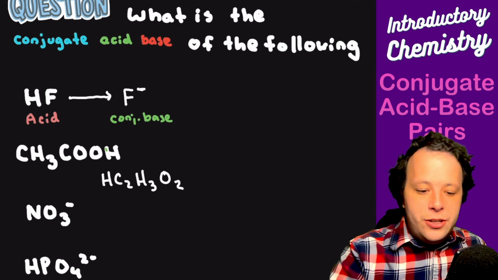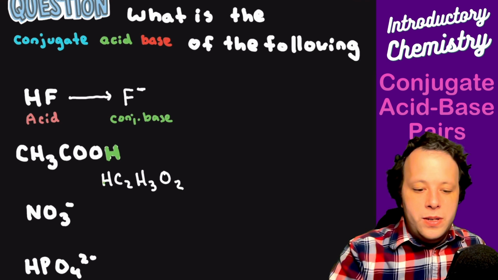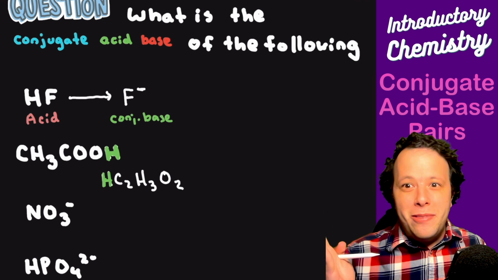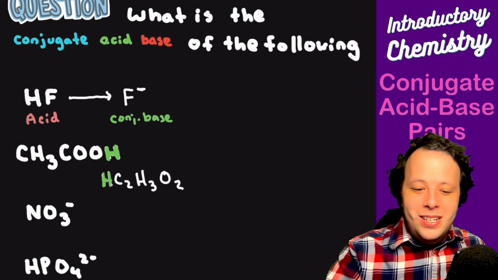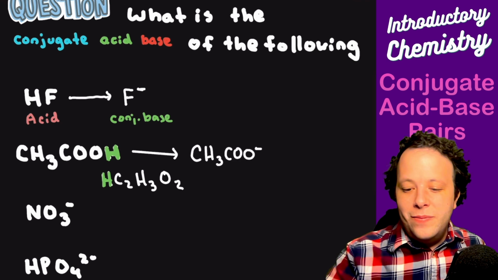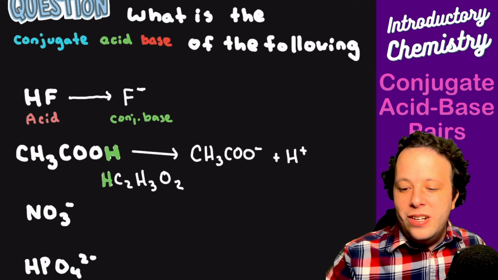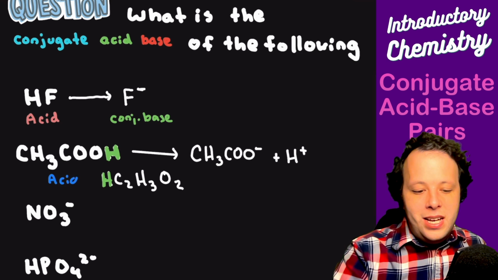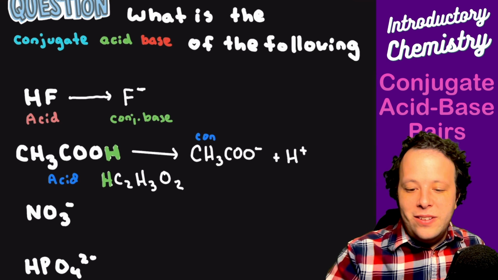The acidic hydrogen is the one all the way on the end over here, whereas the acidic hydrogen is written on the left-hand side. So we have essentially the Chem 3A version on the bottom and the Chem 3B or organic version on top. When this breaks down, we're going to have our acetate ion as one structure, and then you're going to have your hydrogen ion. So we have our acid, and then our conjugate base on the other side. So that is our pair.